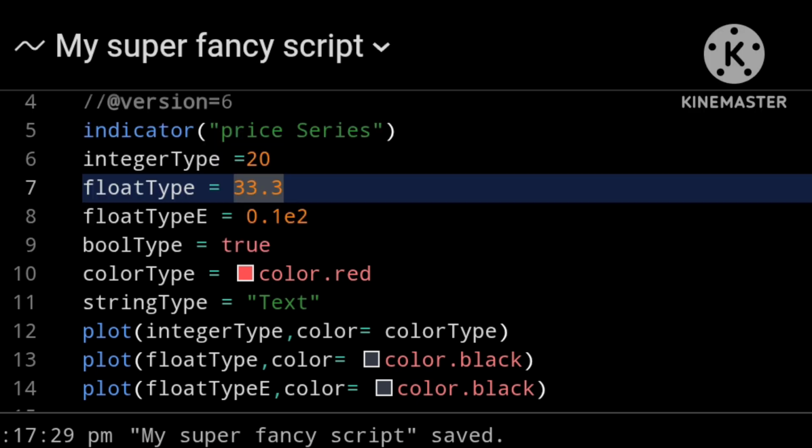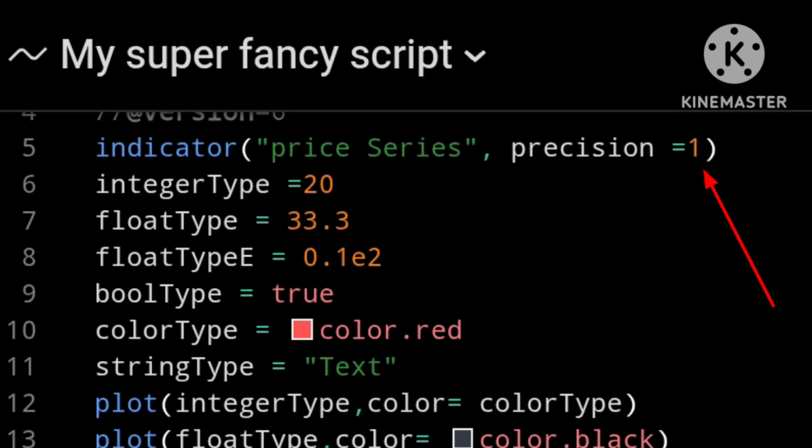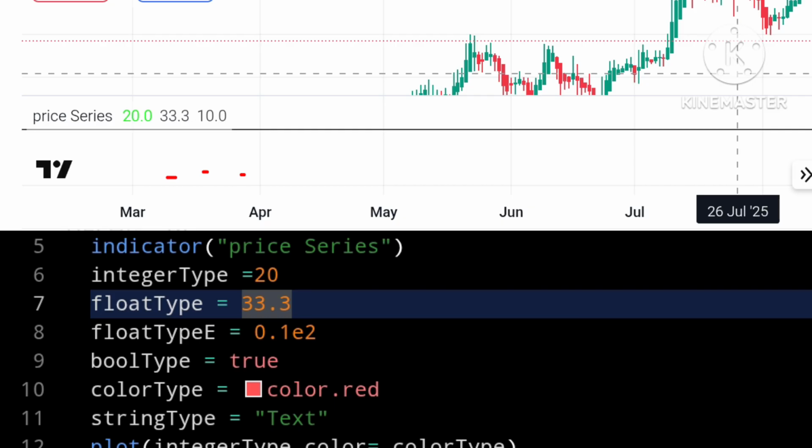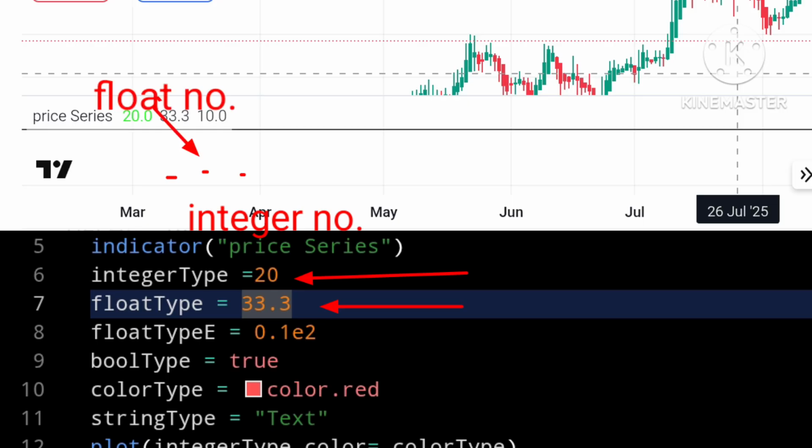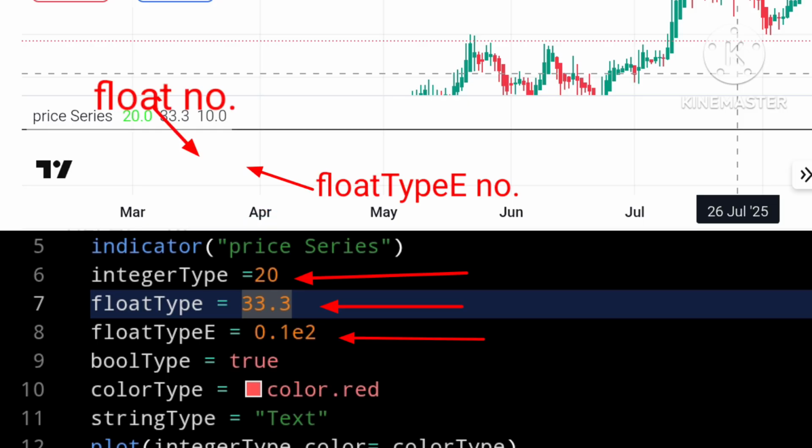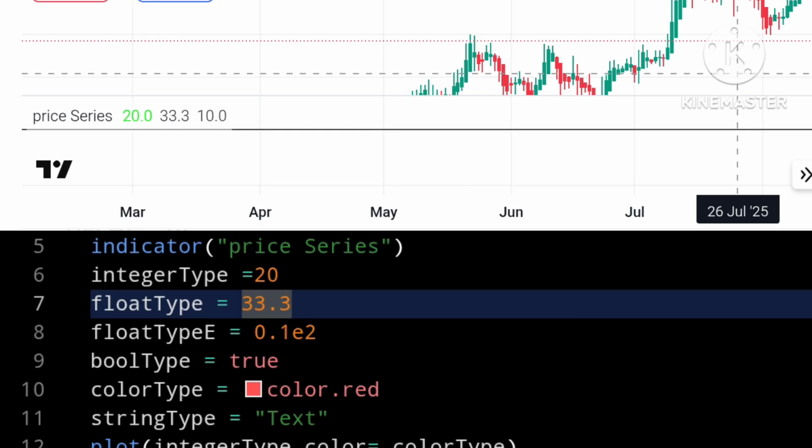If I did not want that, I could change my precision to 1, save the script, and now it is only plotting to one decimal place. And so here we are plotting our integer number as a whole number, our float number, and then our other float type number. And in our integer plot, we are passing in our color type. So let us use our bool type here.